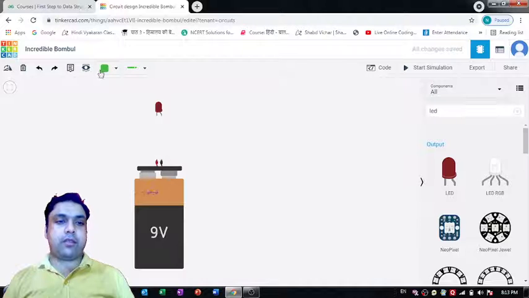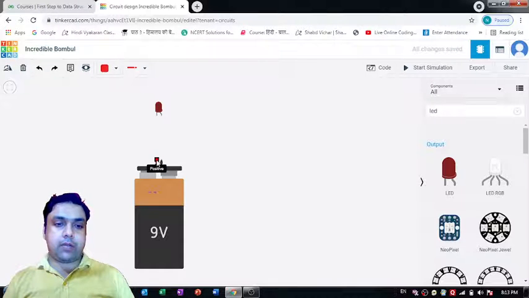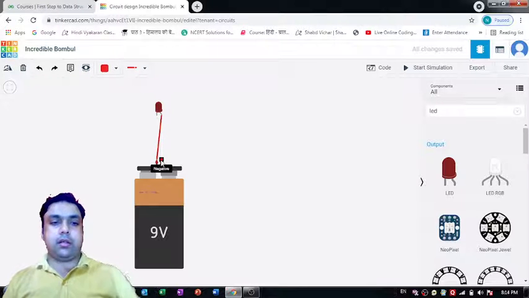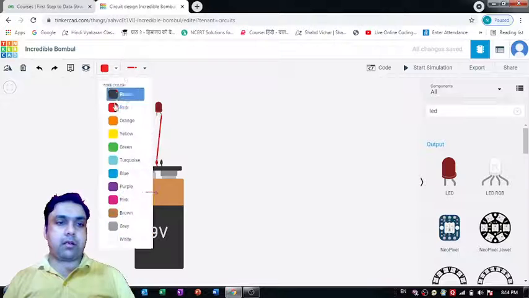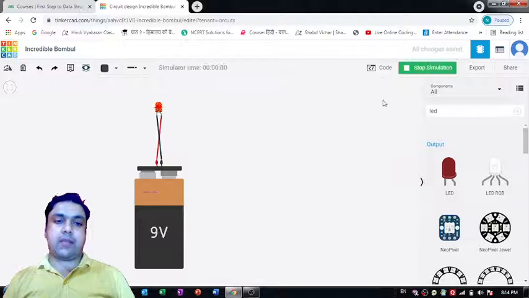If I connect this positive terminal using this red wire to this anode, anode is positive, that's the reason it attracts the anions which are negative in nature. And this negative, let me select the black color from here, if I connect it like this, let's start the simulation.